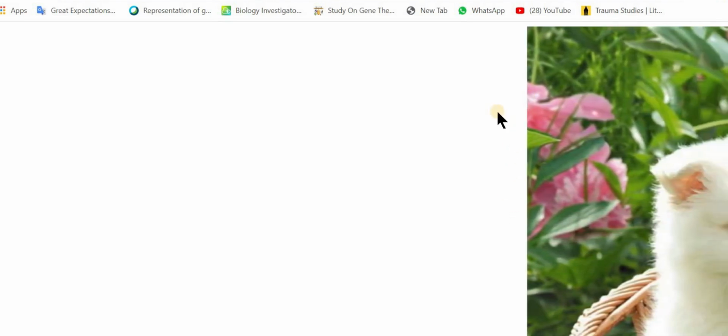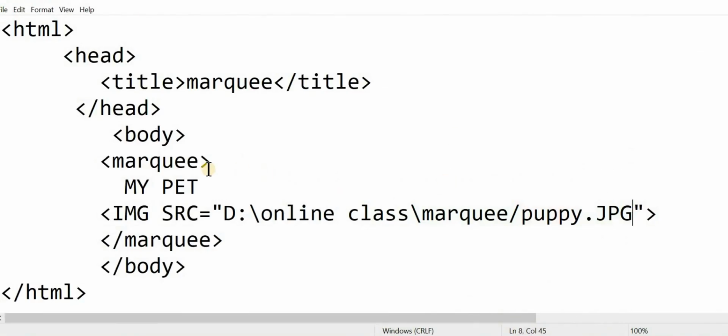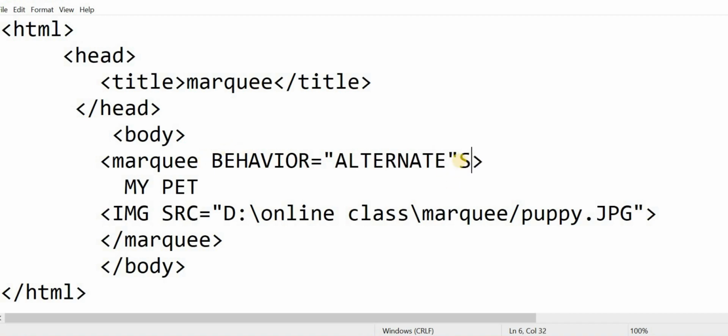You can increase the speed by giving which attribute? By giving the scroll amount attribute in the marquee. So behavior, I am giving the attribute behavior is equal to, now it's scrolling, so I am giving alternate, and adjusting the speed by giving the attribute scroll amount is equal to, I am giving the value 10.